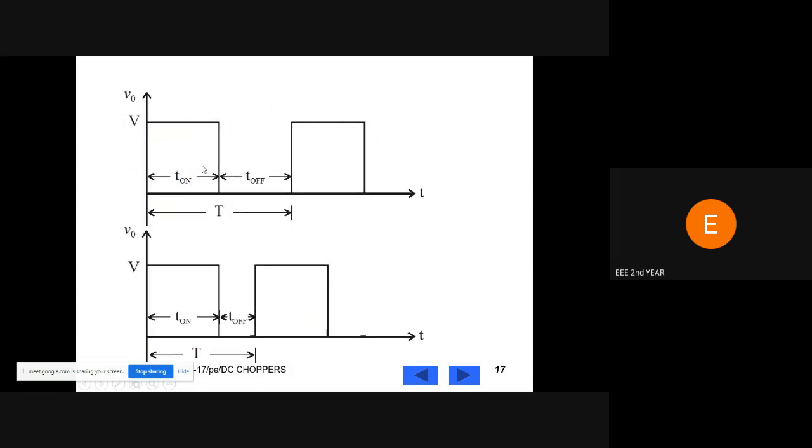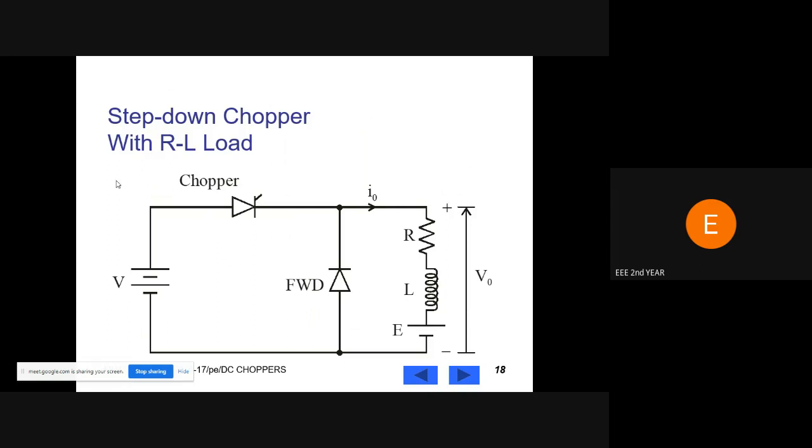So here, see that your T on should be kept as a constant, but T off is varied in the two different places. That's why the total time period is also varied. So in variable frequency control, the total time period is not maintained as a constant, whereas in the pulse width technique, your total time period is maintained as a constant one.